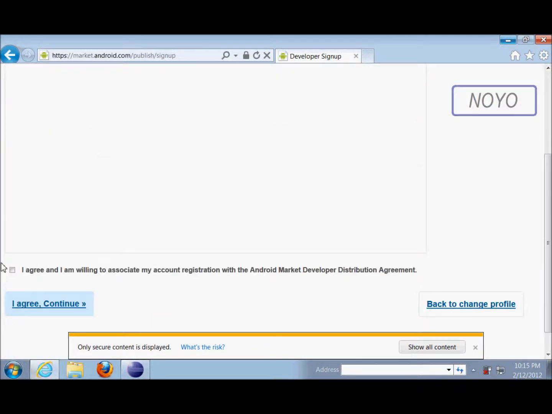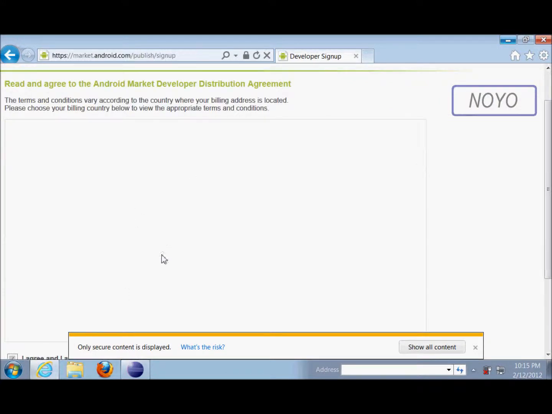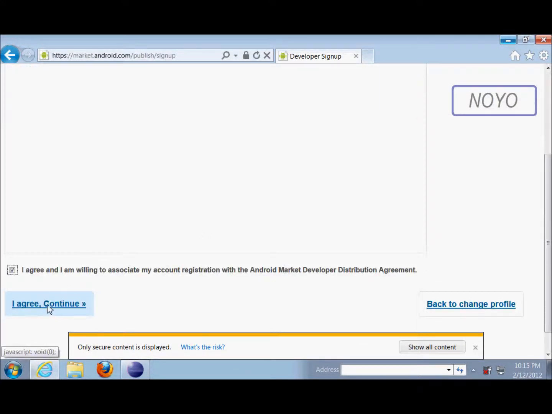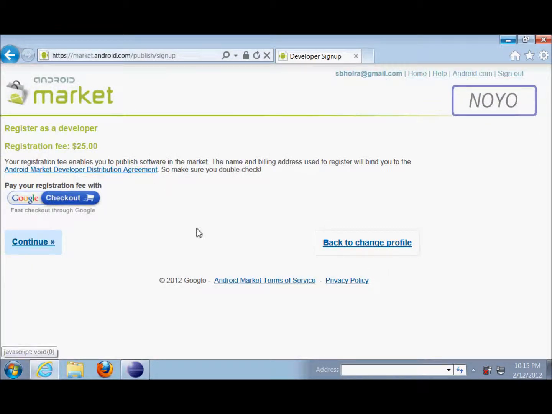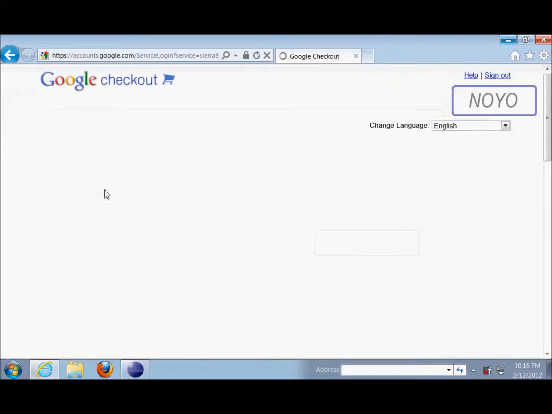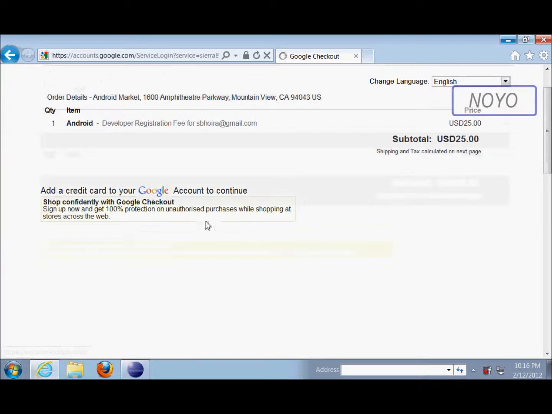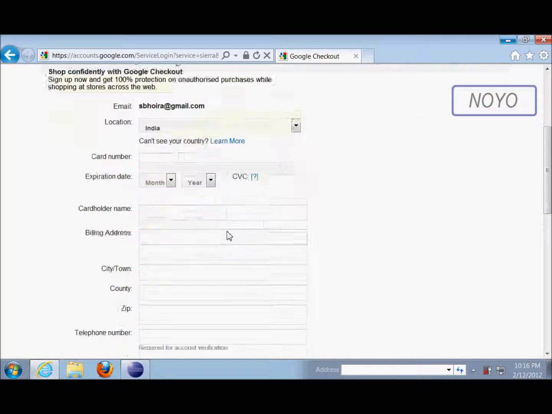On this page, click on select I agree, and if there's something coming up here, then just read it up if you want to. Click on I agree, continue. Then the next page will get you to the checkout page where you'll have to fill in your credit card details and pay the amount.